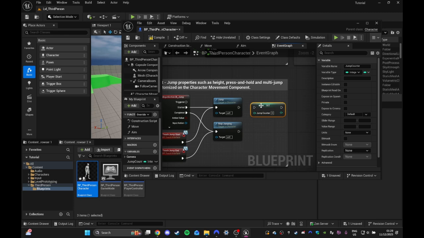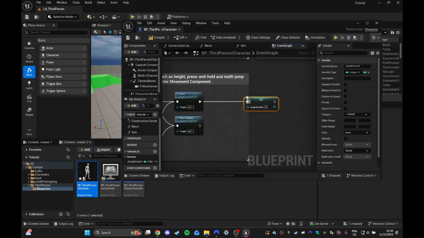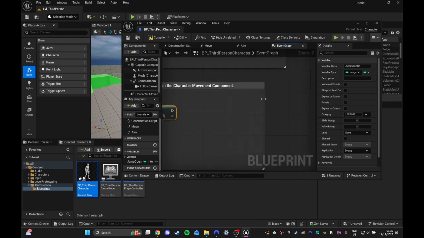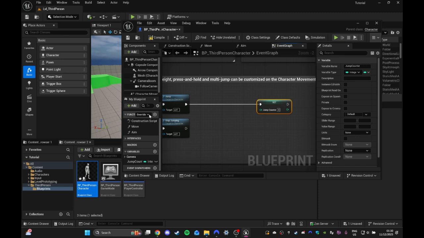We're going to set it so that after you jump, it sets jump counter. Every time you jump, it sets jump counter to, we're going to extend this a bunch,